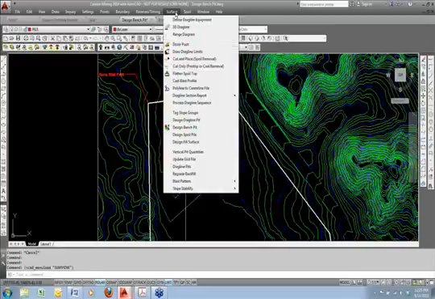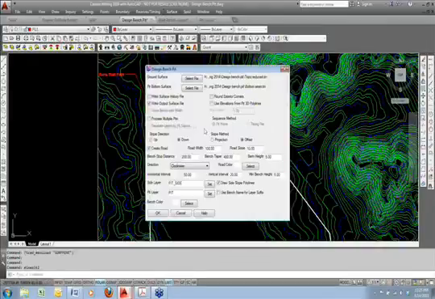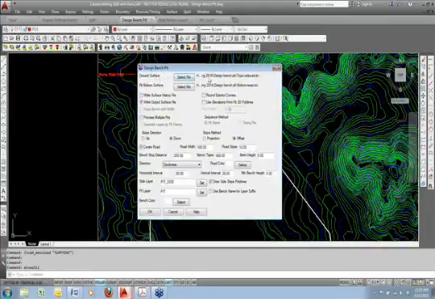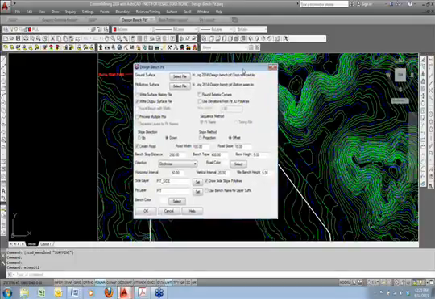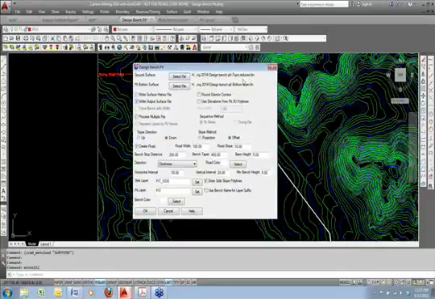and we'll look under the surface pull down. Design bench pit brings up several dialog boxes. The first screen is where you choose the existing ground surface and the pit bottom, what we're going to dig or cut down to. This was an improvement, I believe, in 2013, if you haven't seen this yet, that you can use tin files